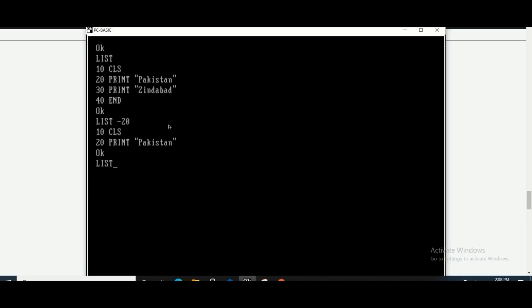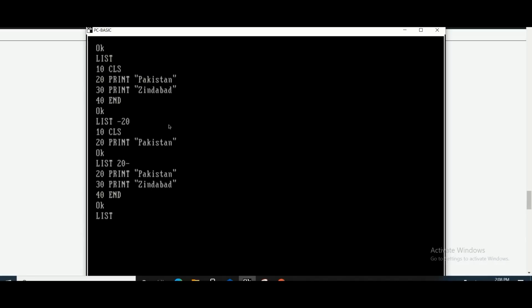Similarly, I can use from 20 to the last line number. This is the starting line number, and because I am not mentioning the last line number, it will show all lines after, including 20. So 20, 30, 40, these 3 lines have been shown.